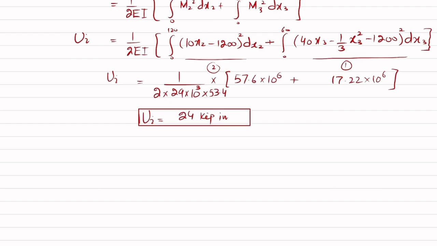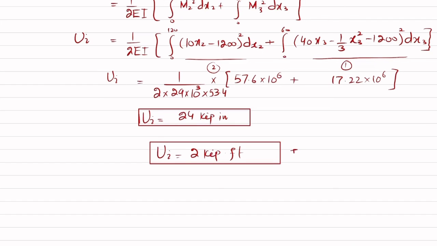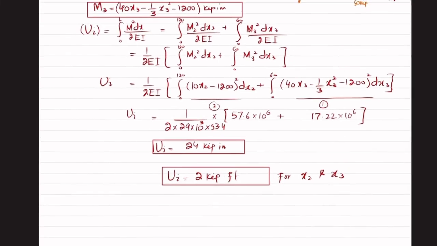And if you want to convert it into feet, you have to divide it by 12, so it will give you 2 kips into feet. So this is the strain energy due to bending for coordinates x2 and x3. And that was all about this